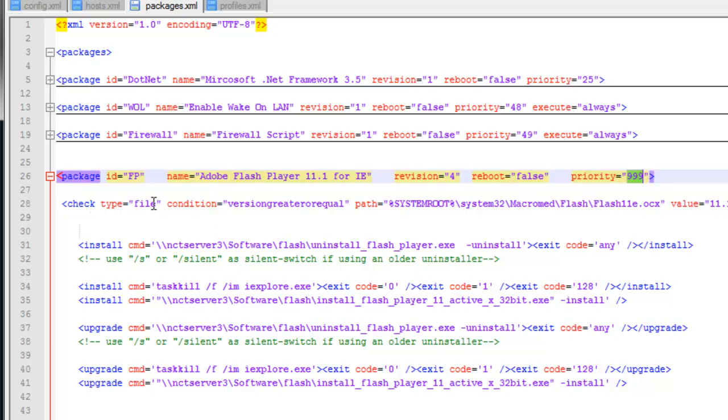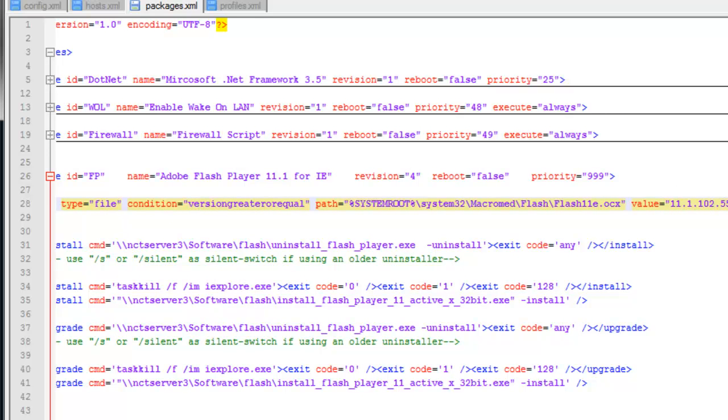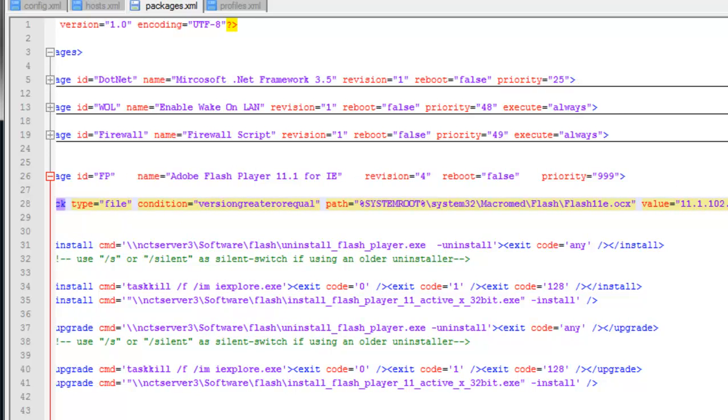So this one actually does a check. It checks the file if the version is greater or equal to, and then it looks at this path and checks the version. And this is where WPKG can be confusing for some people, because if it checks true, it's not going to run. I'm going to say that again. If this checks true, if it's equal to or greater than, it will not run. Because if it equals this version, there's no reason for it to run. Then it's already been run.